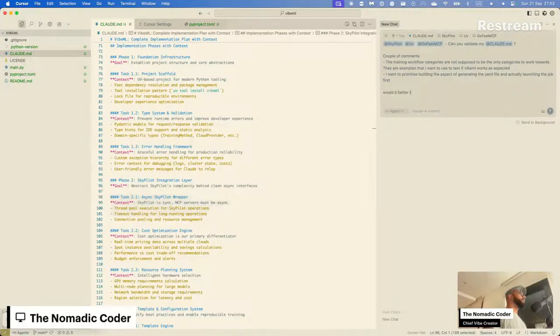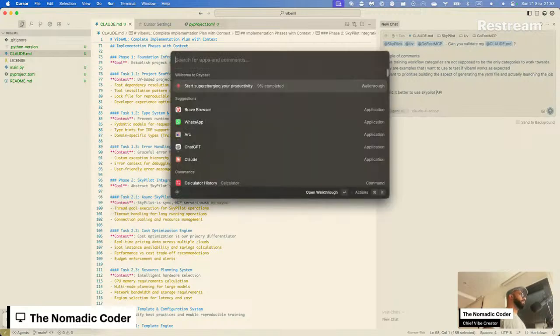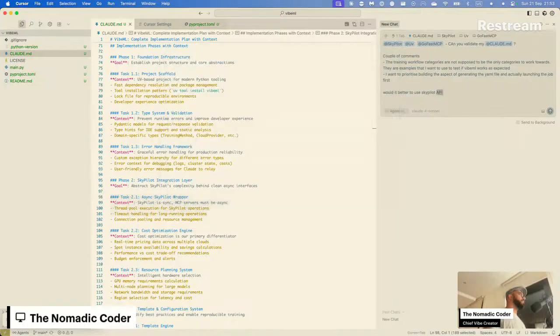Would it be better to use the SkyPilot API as a library, or the CLI? First, everything else is post MVP.